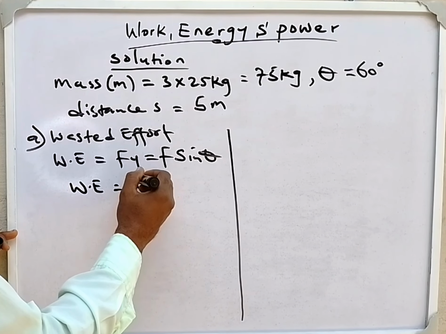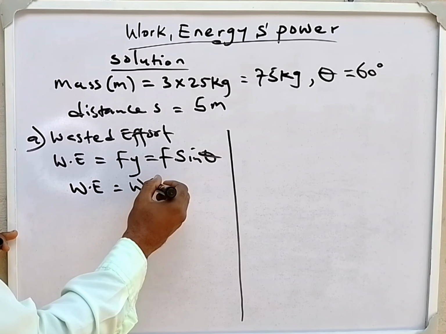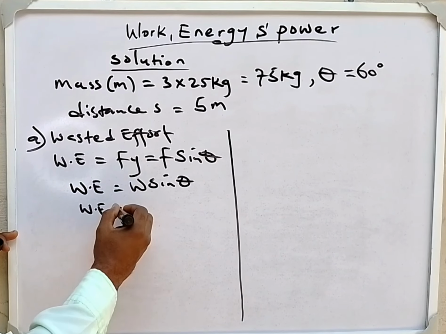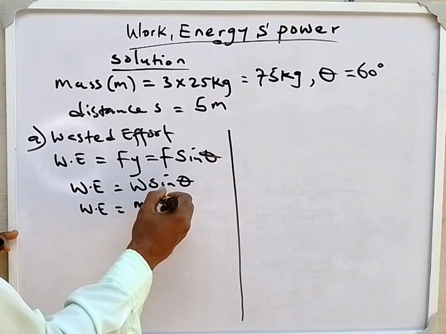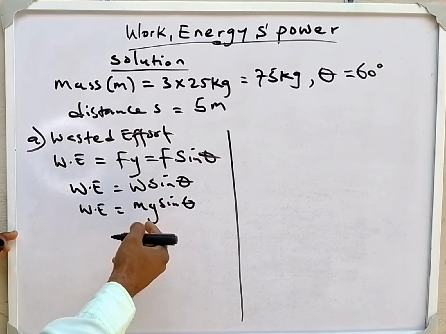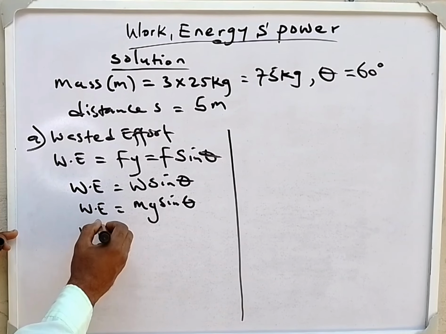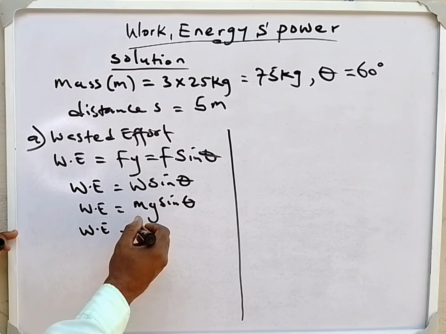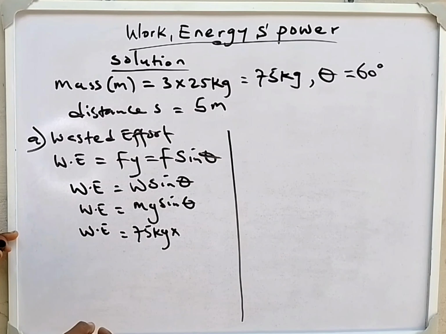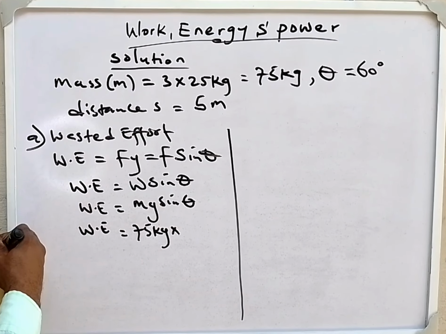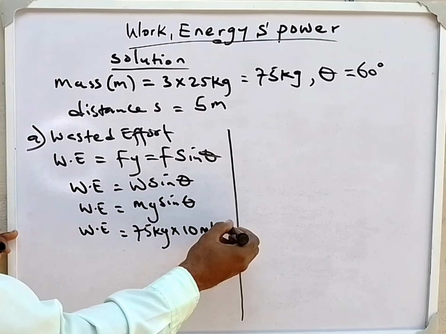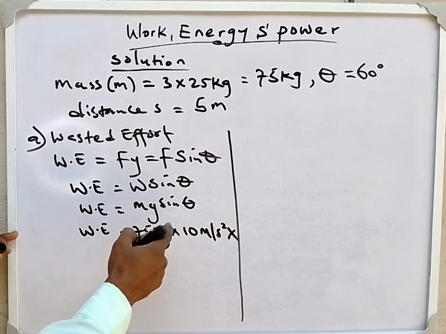F here is the weight of the 3 cans, which represents the force, sine theta, and this wasted effort is equal to, what is weight? Weight is mg sine theta. So we can now substitute all the parameters here. We now have that wasted effort is equal to mass 75 kg multiplied by g, the acceleration due to gravity. Whether it is given or not given in any question, it is usually equal to 10 meters per second square. Then multiply by sine